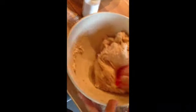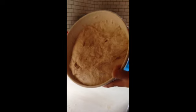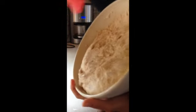Give it one last go over to make sure all the dry bits are done. And take this, which you could also just use paper towel, and cover it. Okay, so now I have a really heavily floured cutting board, and I'm going to put the dough onto the